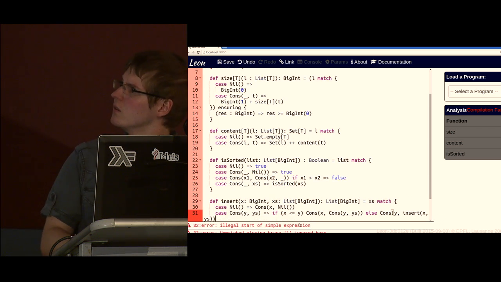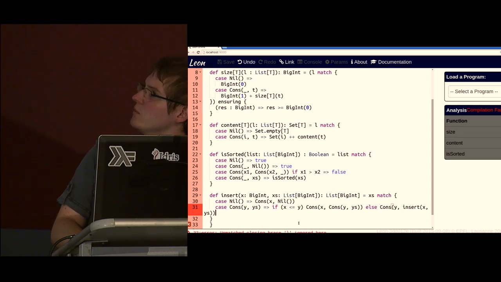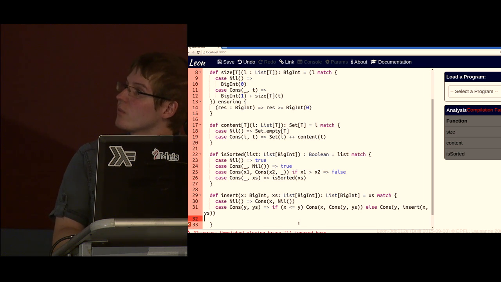Is that correct? Something wrong? Can you see the problem? Oh, additional.